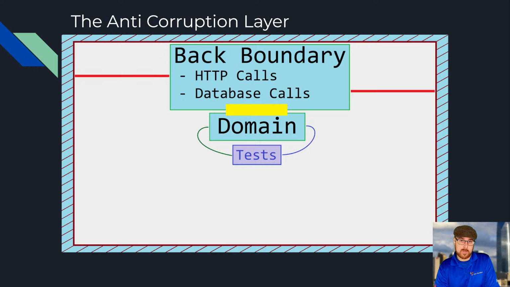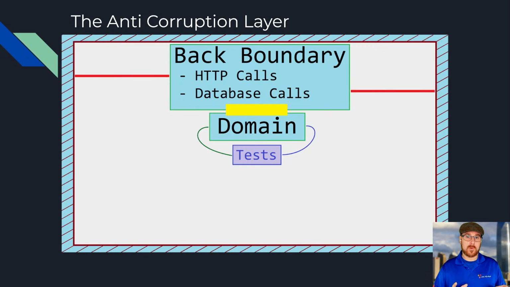And then we have this yellow portion here. I'm just using this yellow portion to represent what we call the ACL, or the DTO portion. It's when we translate data objects between two different things, and we call it the ACL because it's the anti-corruption layer. Because the domain really cares about its domain models. But sometimes, in order to consume something on a back boundary, it needs to consume models from an SDK, or entities from a data layer, or something else. It needs to consume those, but we don't want to have to couple our domain to some third-party thing or some database. So this anti-corruption layer allows us to keep a non-corrupt domain, so the domain can work with whatever models it wants to work with